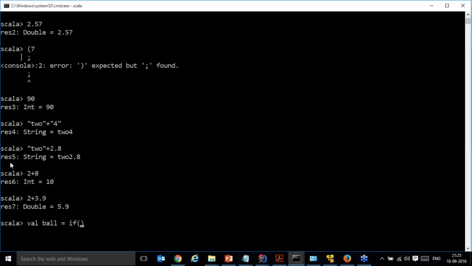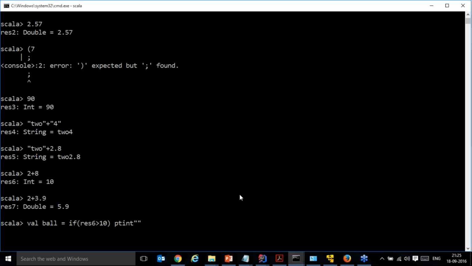I will use res6, which is an integer 10, right? Res6 is greater than 10. If res6 is greater than 10, suppose I'll do a print,